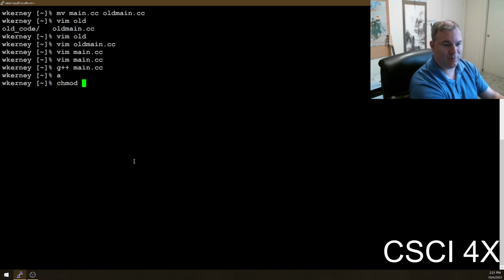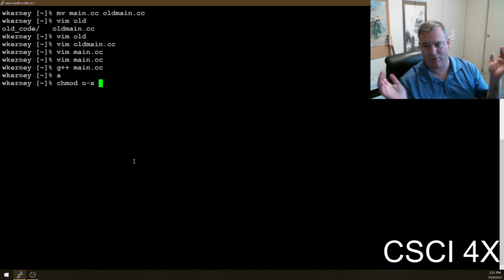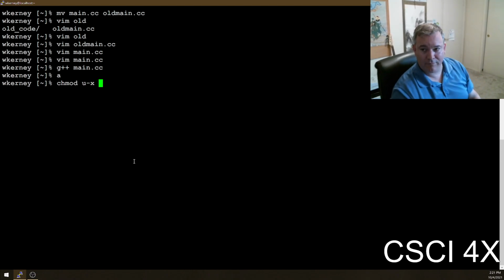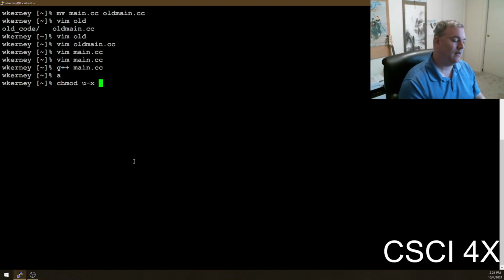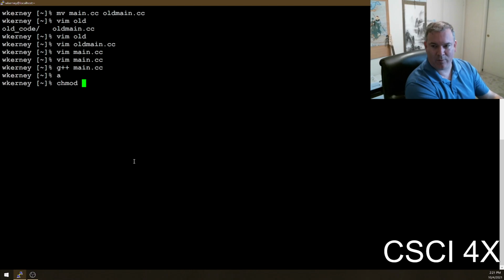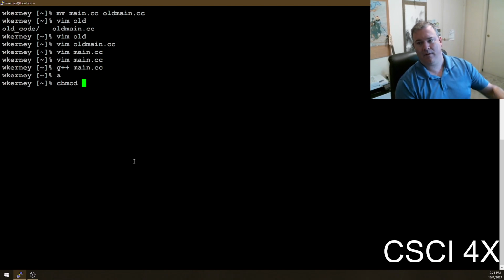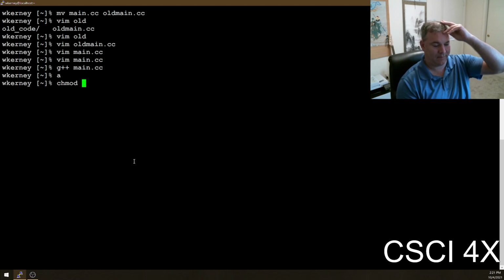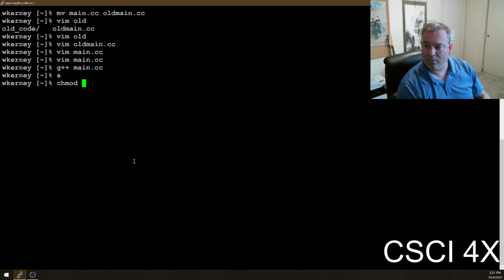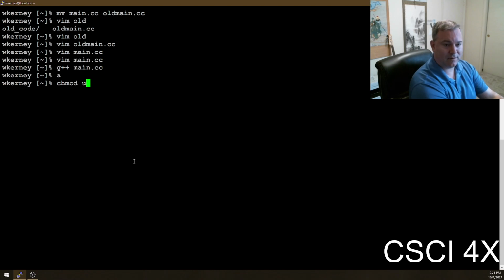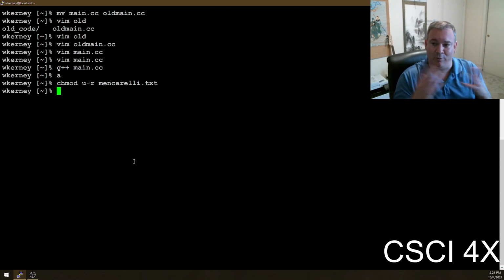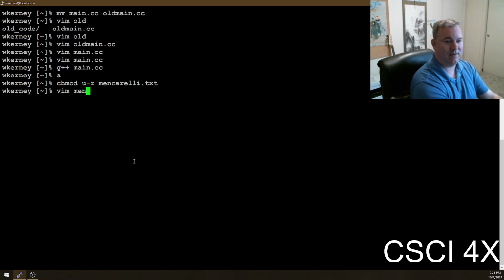But let's say I don't have permissions on a file. There's a Unix utility that comes with every version of Unix called chmod, change the mode of the file. The mode is the permissions of the file. The syntax looks maybe a little bit weird, but basically it takes letters like this. What it means is the user cannot read from min_corelli.txt. So I've just removed my permissions to be able to read min_corelli.txt.